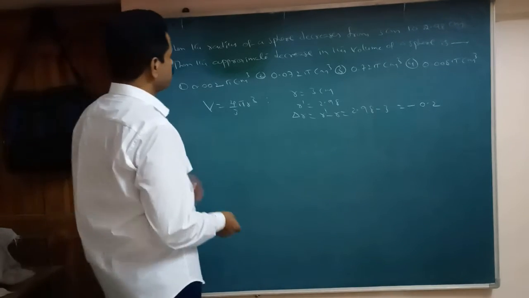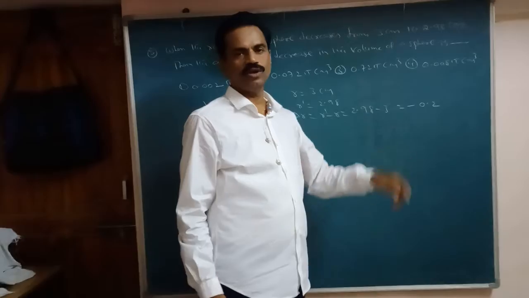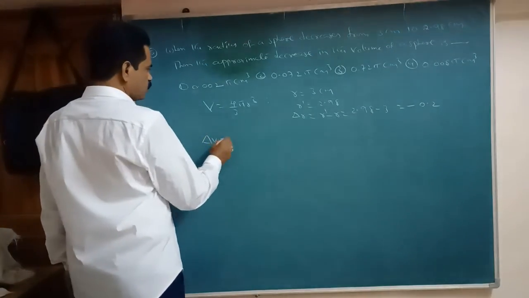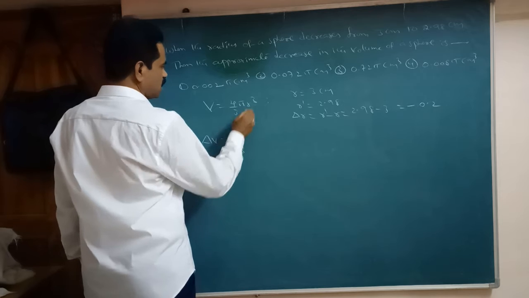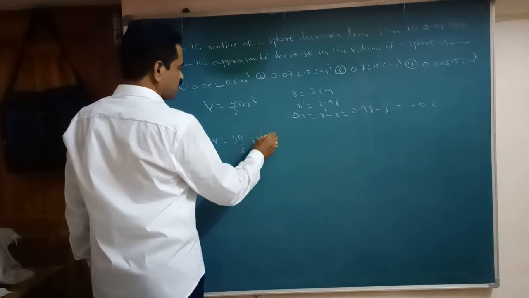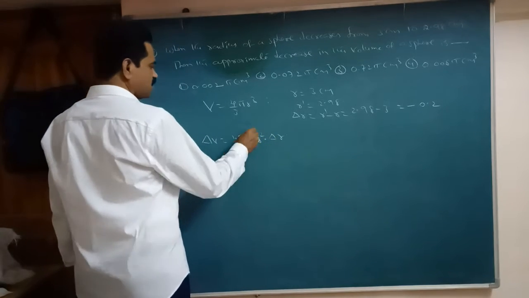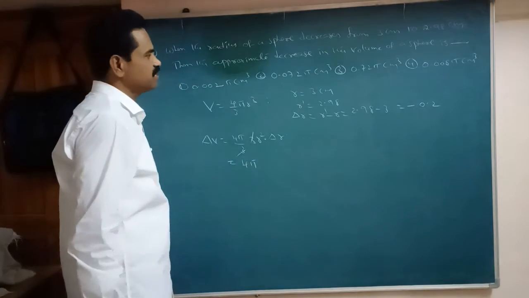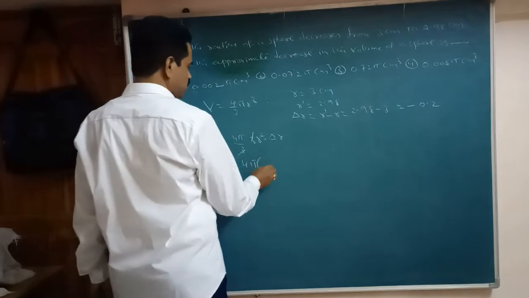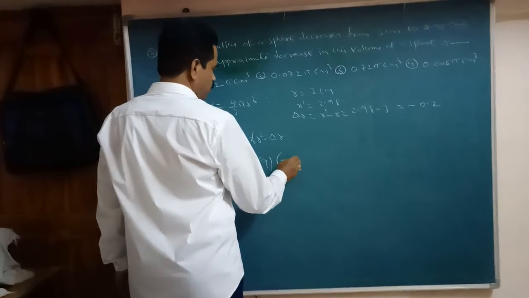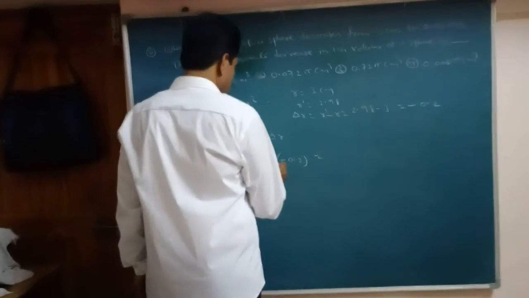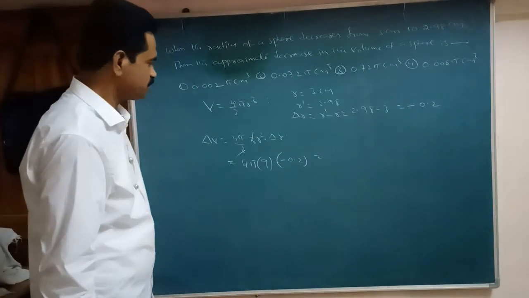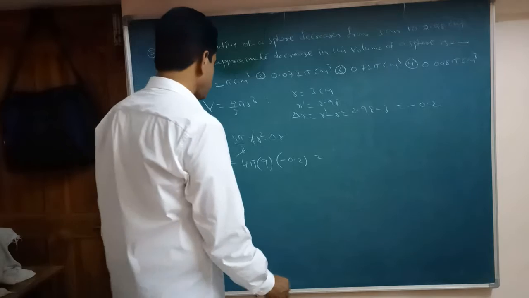So what we have to find out here? Approximate decrease in the volume. So delta V we have to find out here. So delta V equal to 4 pi by 3 into 3r square, error in r is delta r. 3 and 3 cancel. That equals 4 pi. r is how much given? r is 3 centimeters. 3 square is 9. And delta r is minus 0.02. That equals, it is 2 into 4, how much here? Minus 0.08.